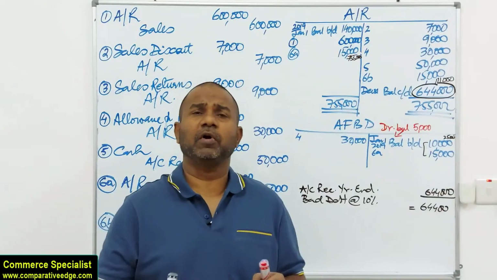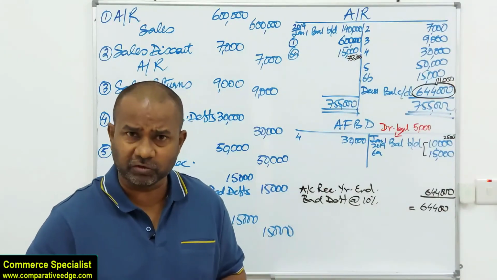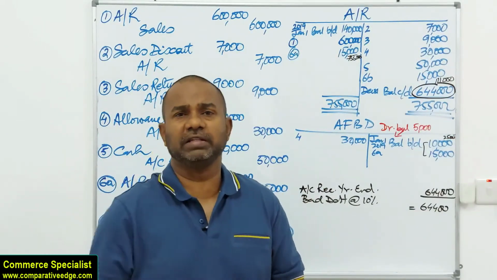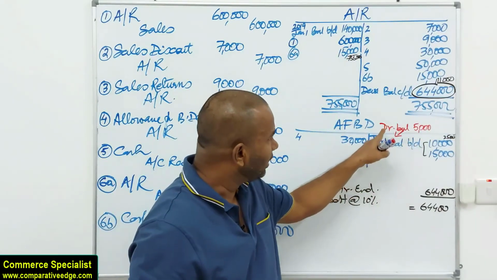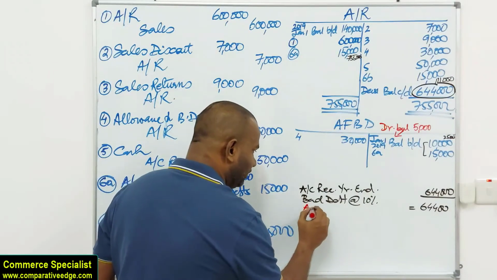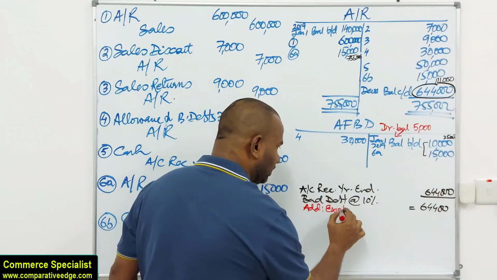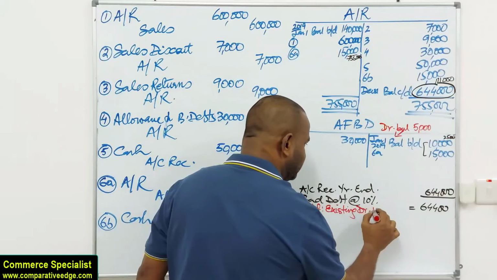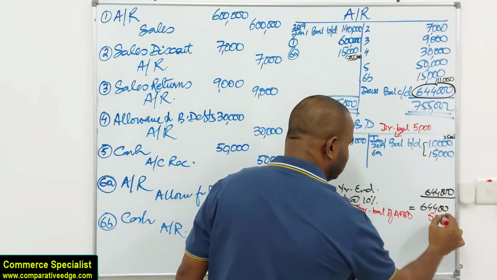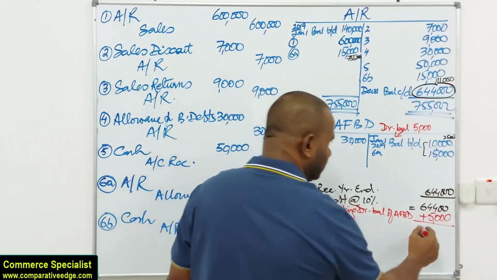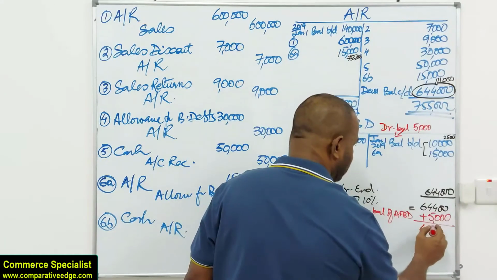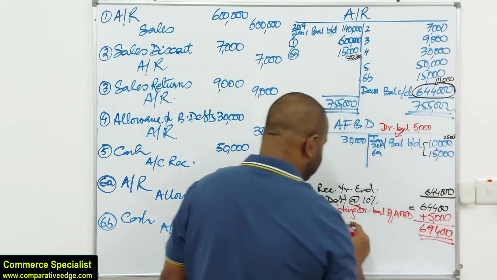Now, because the company's policy is estimating bad debts at 10% of account receivable, and 10% of account receivable is 64,400, we have to look at the existing balance of allowance for bad debts, which we have just calculated. The debit side is greater, so it's a debit balance of 5. So I'm going to write here, add existing debit balance of allowance for bad debts, which is 5. Okay, so this will give me 69,400. This is my bad debt expense